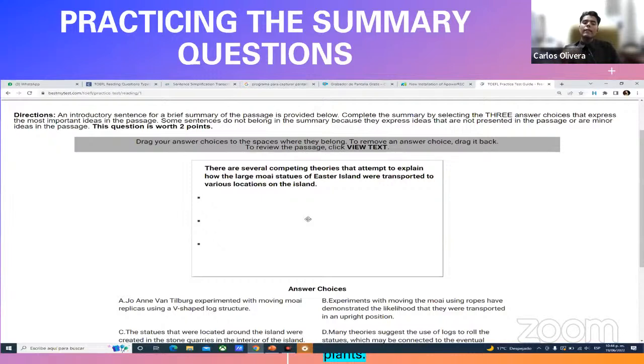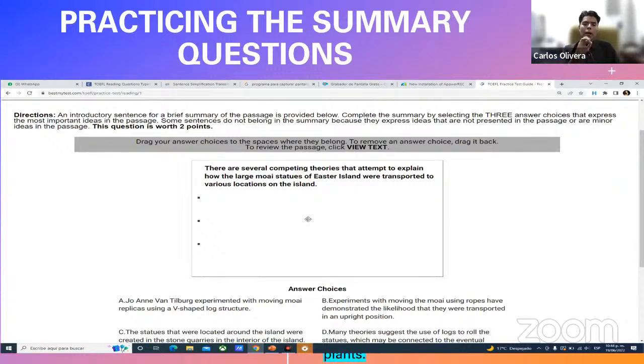So in this case, I have no example here, because if you pay attention, in order to respond to this question, you will have to read an entire passage, okay? And if we read an entire passage, we're going to spend the entire class talking about that. So everything I want you to comprehend here is what this question will look like.